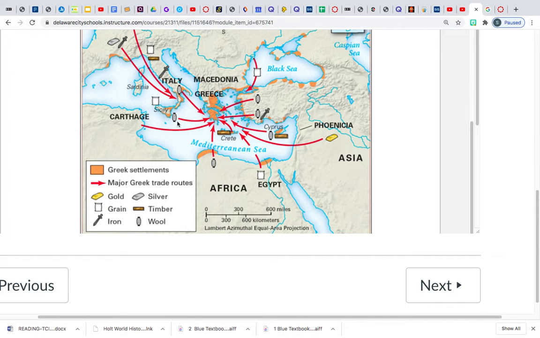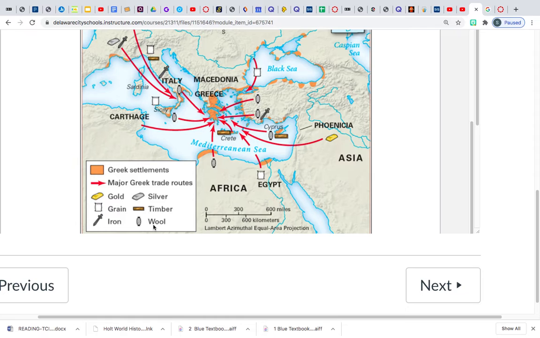So let's look at Sicily in southern Italy. You can see here, there's a symbol for the item that's being produced in Sicily and being sent back to mainland Greece. Which of these would it be? What would be the trade item? It's wool.